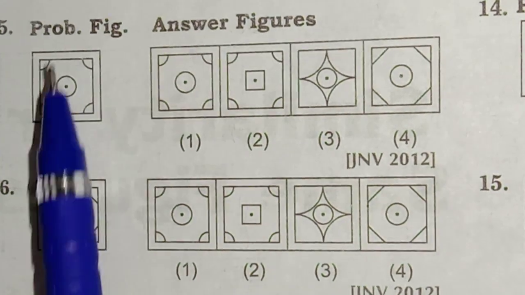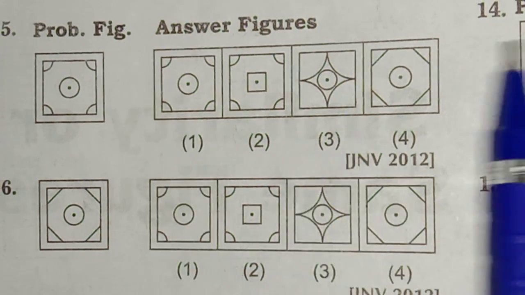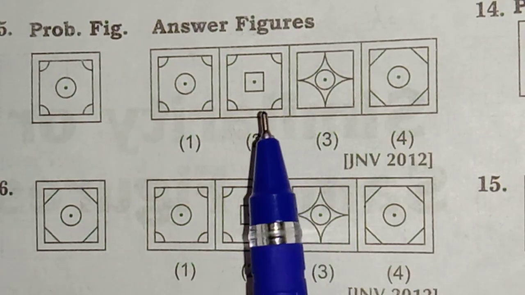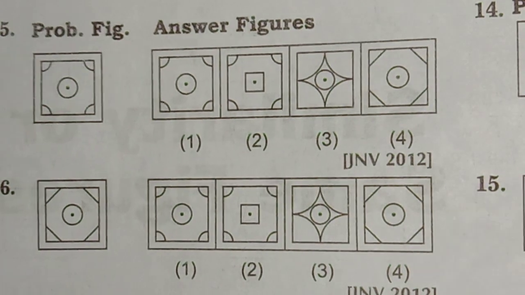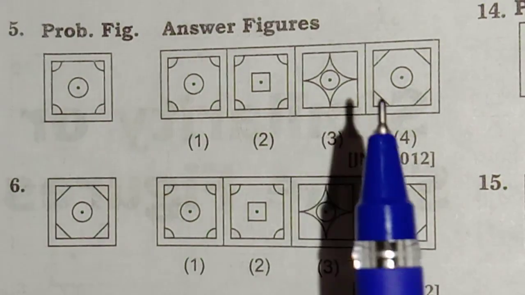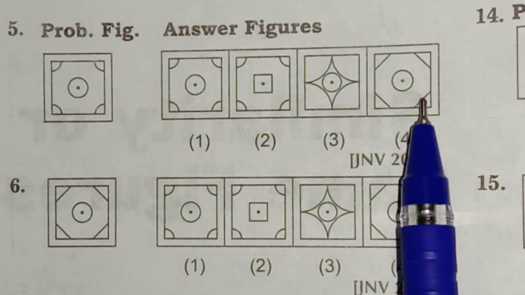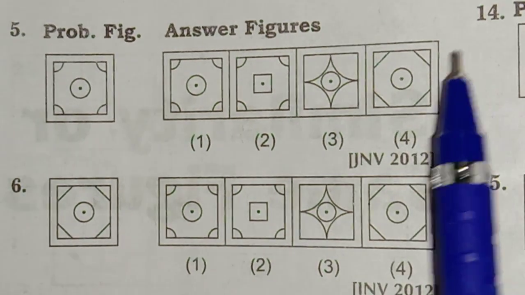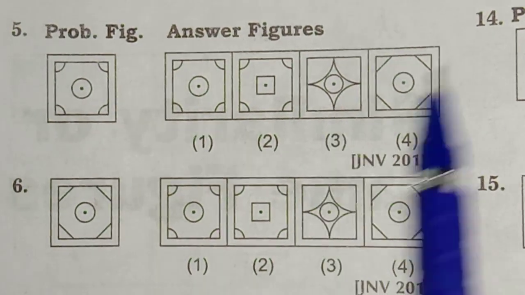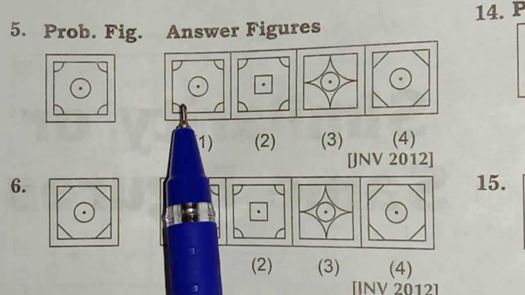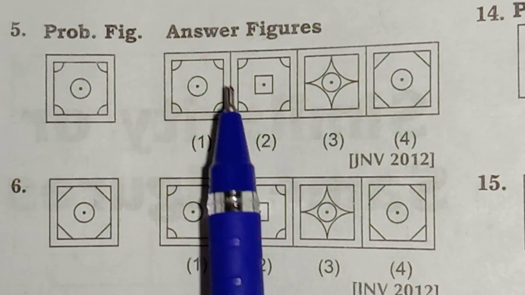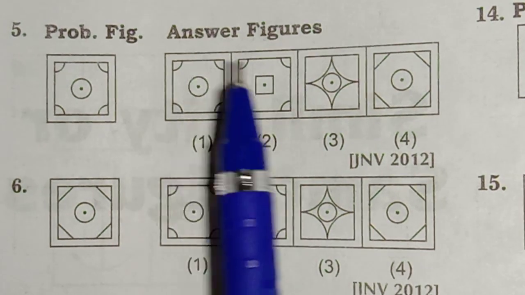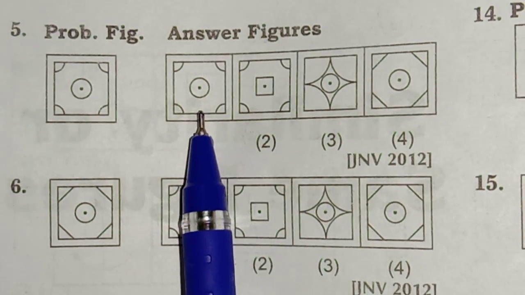Here this is a problem figure, and which is similar, which is same in this one. So by observing this, sometimes you may get one or two wrong answers, means it is completely looking different. So this is looking different, so leave this one, and this is also looking different, so leave this one. So similar lookings are two here, two figures are there. In this, which is correct? Here this is square and this is circle, so first one is the right answer.